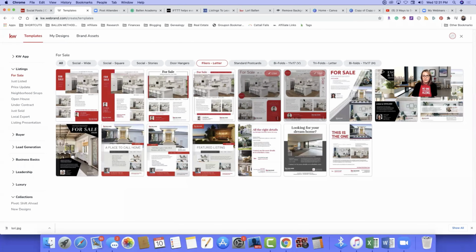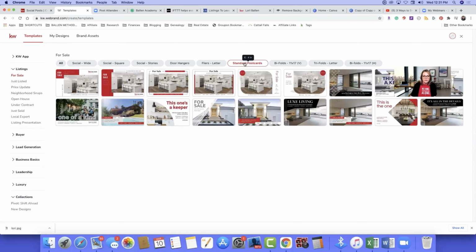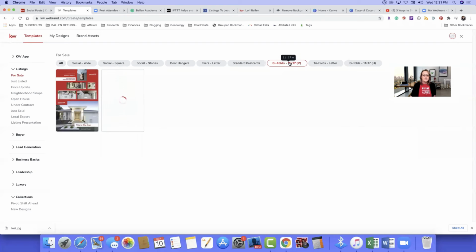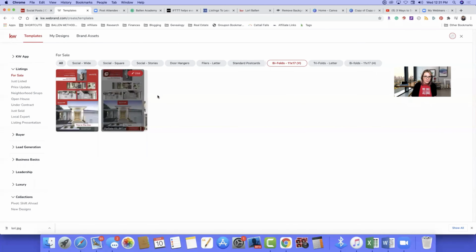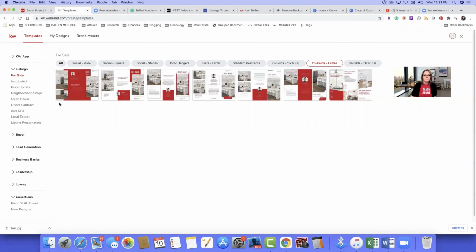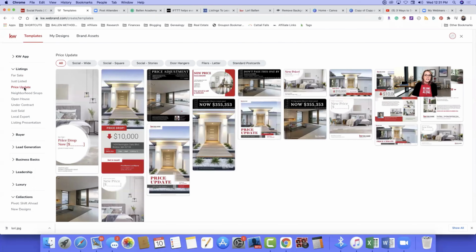Look at these flyers. All right. I see people post flyers on social media too. Any of these can be saved as a JPEG or a PNG image and it can be used on social media. Watch this. Standard postcards. These can be a social media post, just the same. You just save it as a JPEG. Now your bifolds, I would not put that on social media. Your trifolds, I would not put that on social media, but I just wanted to show you those are here, okay? Now under your listings, you also have updated price,